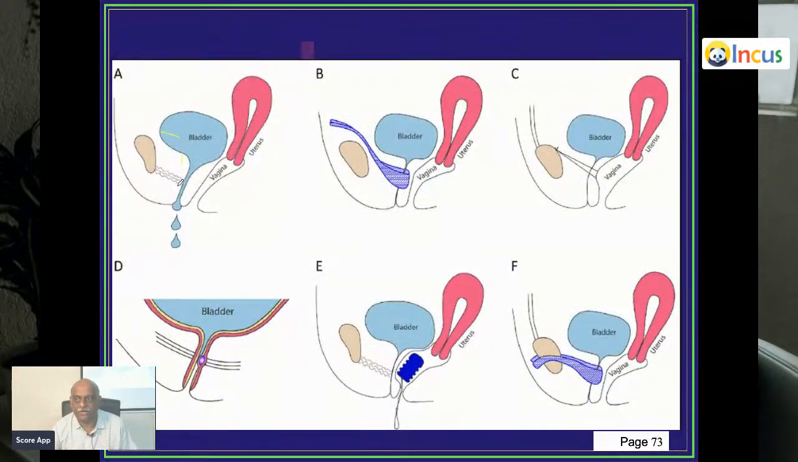So this is the bladder, doctor, and this is the pubic bone, and this is the uterus and the vagina. Between the bladder and urethra, you have the urethrovesical angle. If that angle is destroyed, that leads to the leakage. So you can re-establish that urethrovesical angle by using the tape. You'll put a tape at the urethrovesical angle and then you'll pull it and then create that